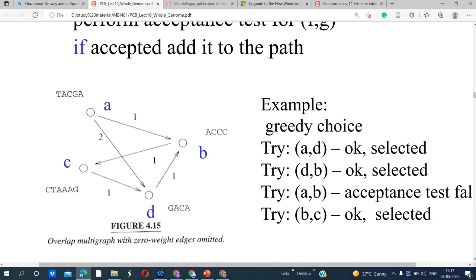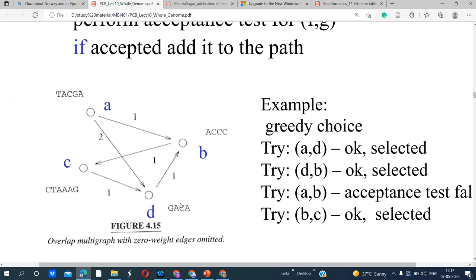If you have any problem in this, we can discuss it; we have already discussed this figure. These are the different fragments, and we have to construct a single sequence using these fragments. Here these are aligned with each other, and we check whether they can be added to each other or not.